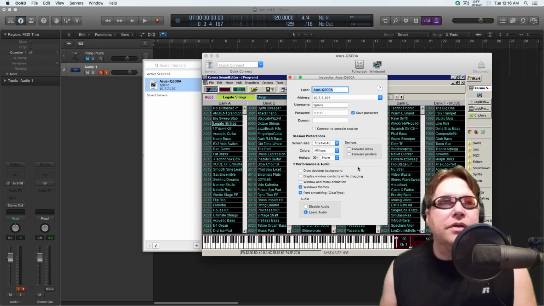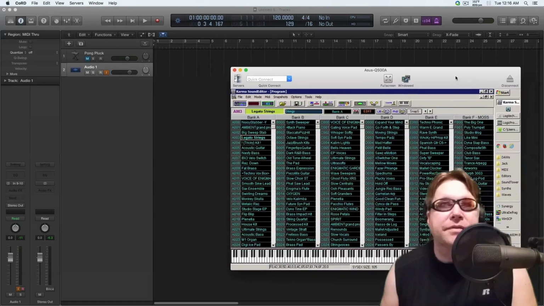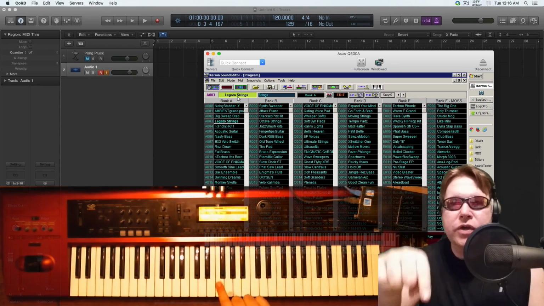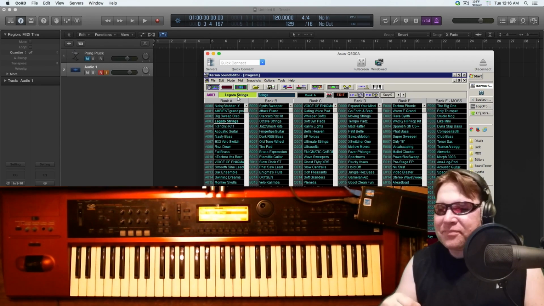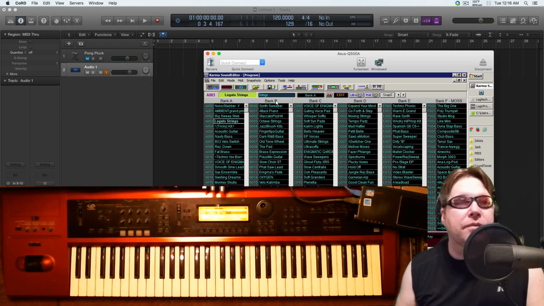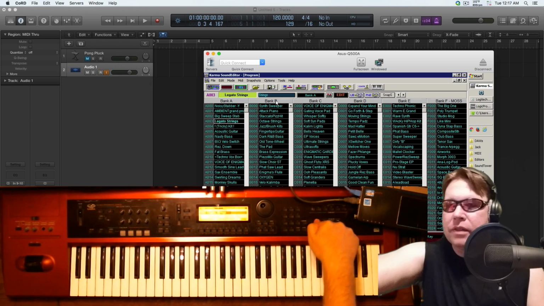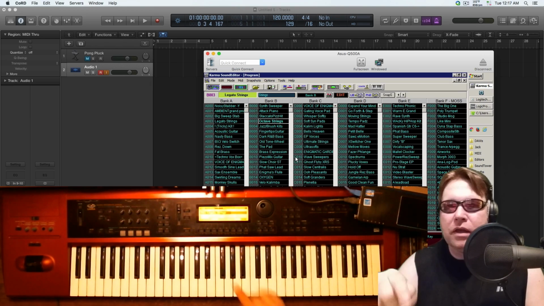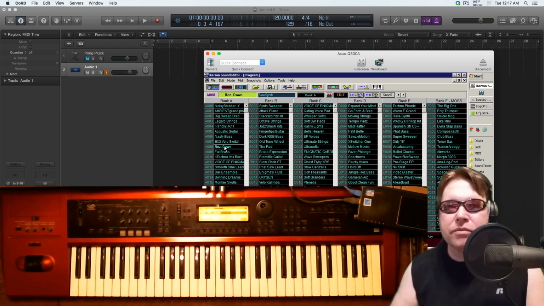So you can see how I have mine configured, and that's this right here. And this pops up like this. We have tons of sounds. Now, keep in mind that if you want to go over to bank B and start messing with bank B, you have to press bank B on the keyboard. It does not switch, it does not know. Because if I go over here and pick octave strings, it doesn't move. But if I'm still on bank A and I go to res down,